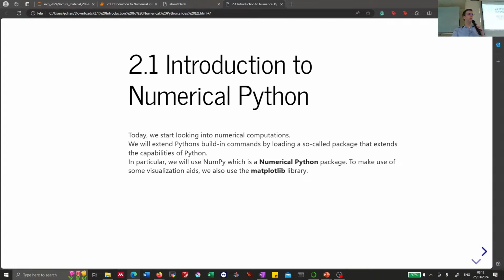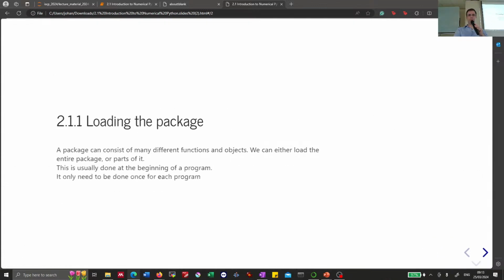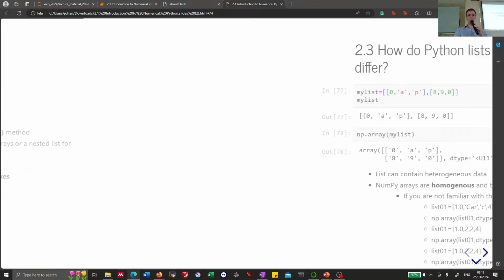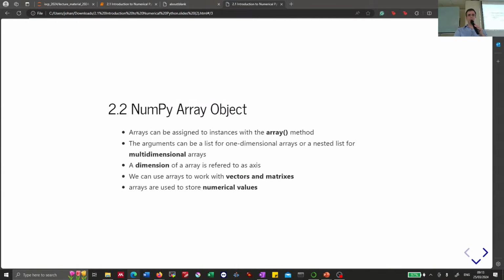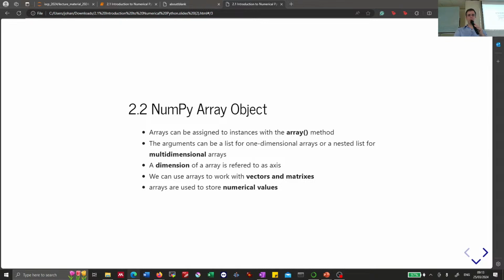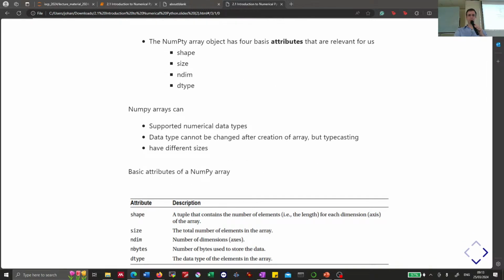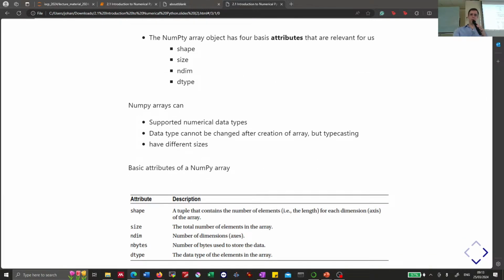Last week we looked into numpy. We already saw how to create simple arrays, how to use the zeros function, the ones, the diag, the from function, and we had first contact with lambda. So today we continue, and very soon we're going to look into plotting. So let's see, here are the attributes again that you should know, right? So size, shape, ndim, and data type. You also need to know,